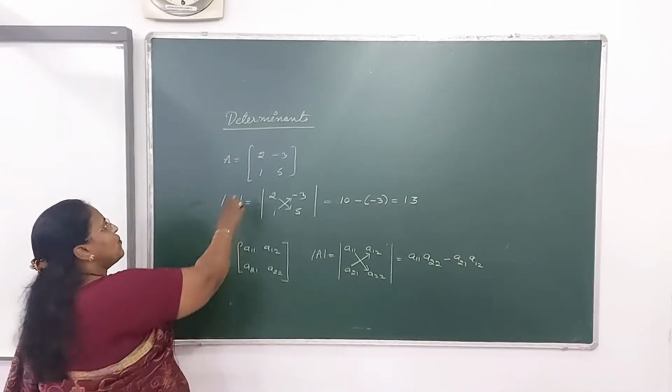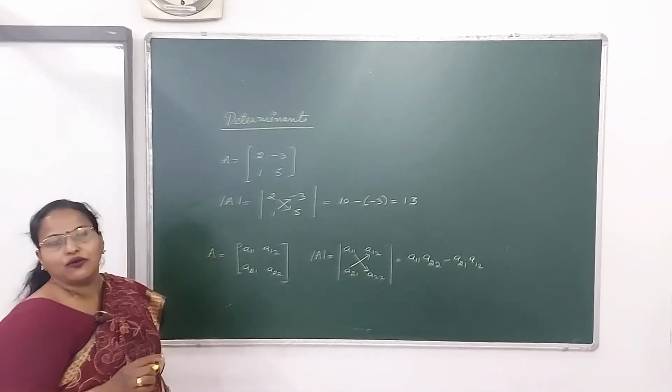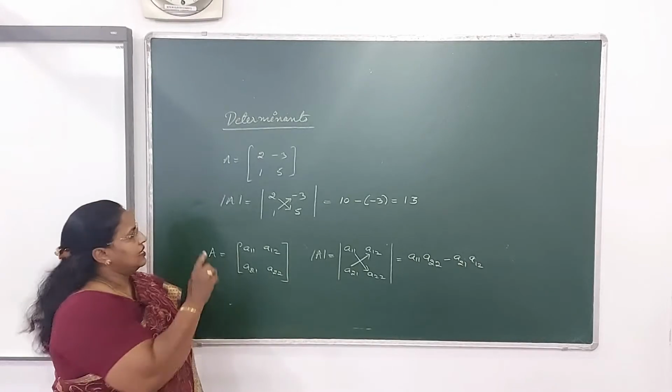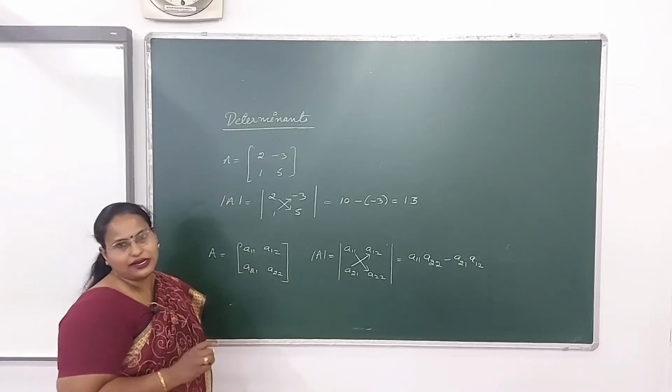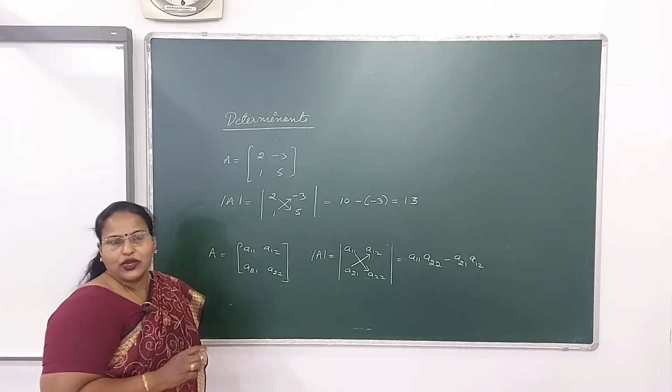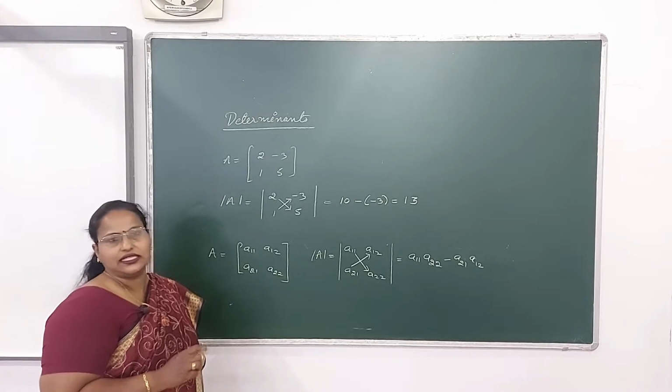So this square matrix can be associated to this definite value, and what will this 13 be called? This 13 is the determinant value of the given square matrix. So I hope children this is clear to you. Now moving to the next